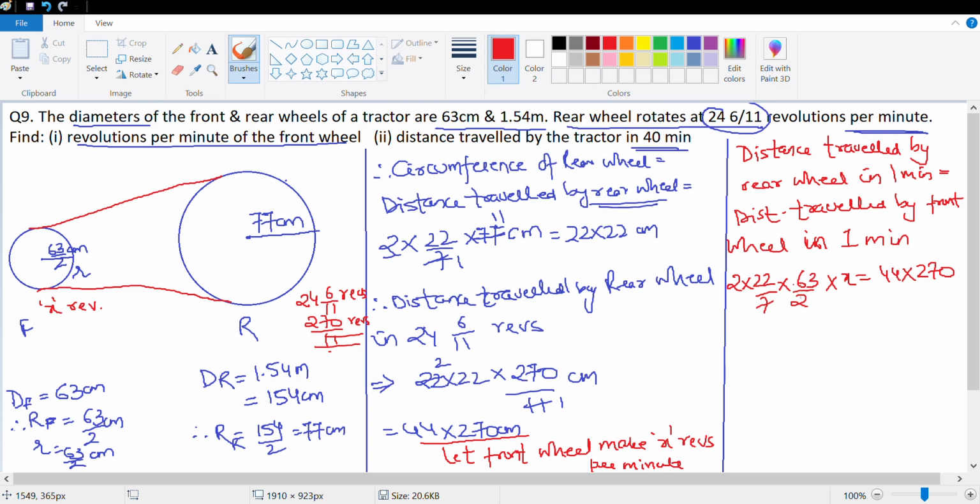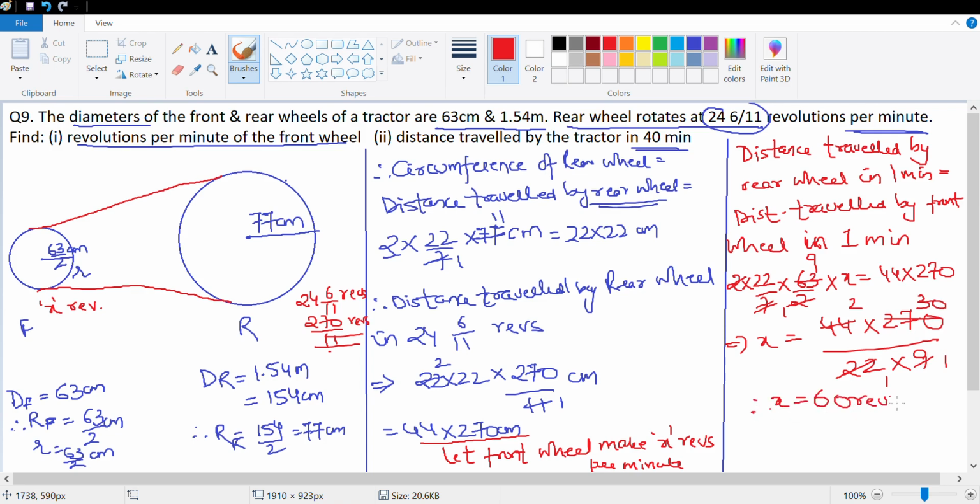Perfect. So let's see if we can simplify something. 2 and 2 get cancelled. 7 into 9, which means x would be equal to 44 into 270 upon 22 into 9. 22 1, 22 2, 9 1, 30. Therefore, x is equal to 60 revolutions. Therefore, front wheel makes